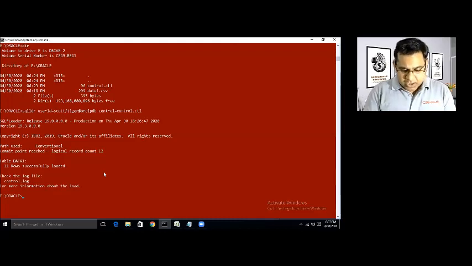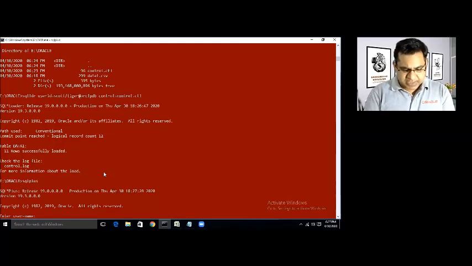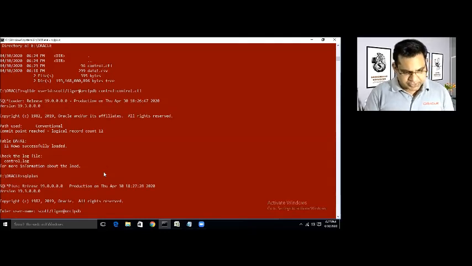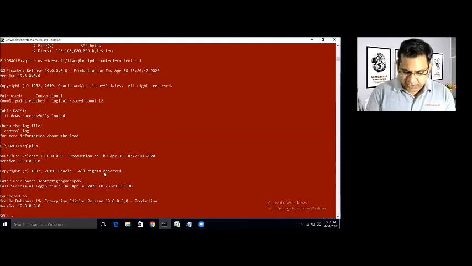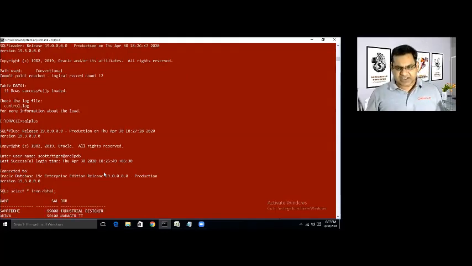Guys, now I'll run SQL*Plus. It's going to ask for the username and the password. My username is Scott, its password is Tiger, and the database name is ORCL PDB. I have been logged into the database, and now check whether your table has data. And this is data1. All data from the Excel file has been loaded into this particular table.